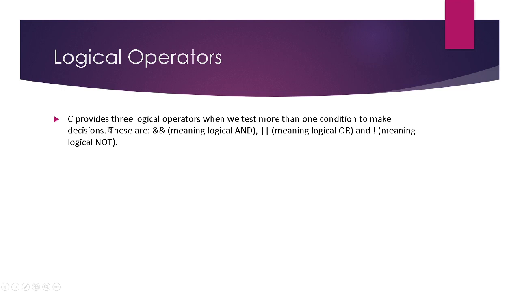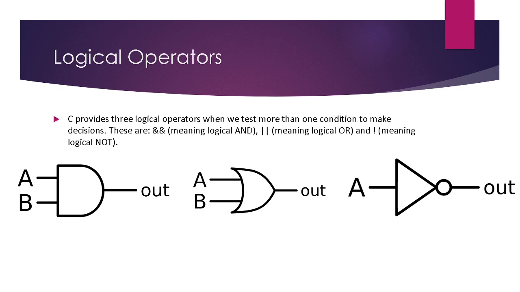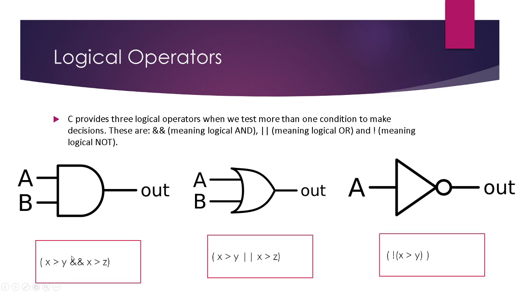Next is logical operators. Logical operators are used when we want to combine more than one condition. Before looking at logical operators, all of you know the logic gates, right? There is the AND gate, the OR gate, and the NOT gate. What does the AND gate do? If A is 1 and B is also 1, then only the output will become 1. But if either of them is 0, then the output will become 0. Similarly in logical operators, if I have two conditions, one is x greater than y, another is x greater than z. If both of them are true, then only my output will become true. Otherwise this will return false. If either this is false or this is false, it will return false.